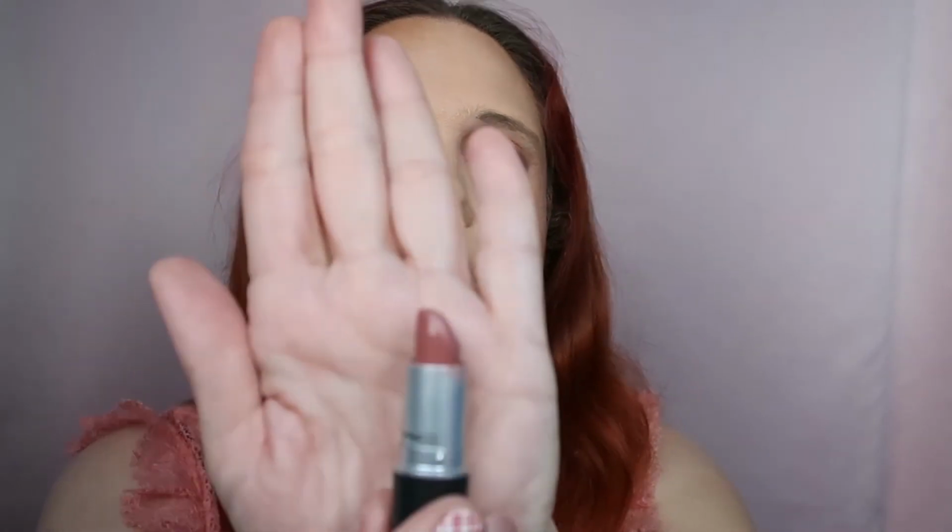This is the shade of the MAC. Half is MAC. And let's add some of the gloss. This one has a cherry scent. It's a mini. Look how cute it is. What a great scent. Oh, it's a bit lighter than I remembered. So this is half of my lips as the high-end ones, and let's choose from the...